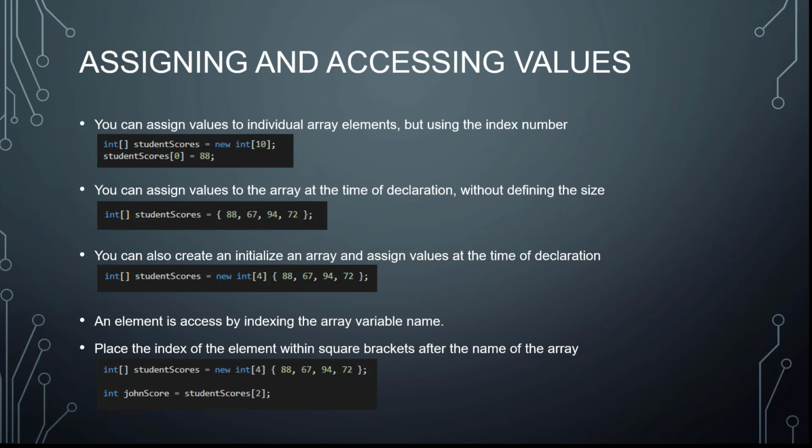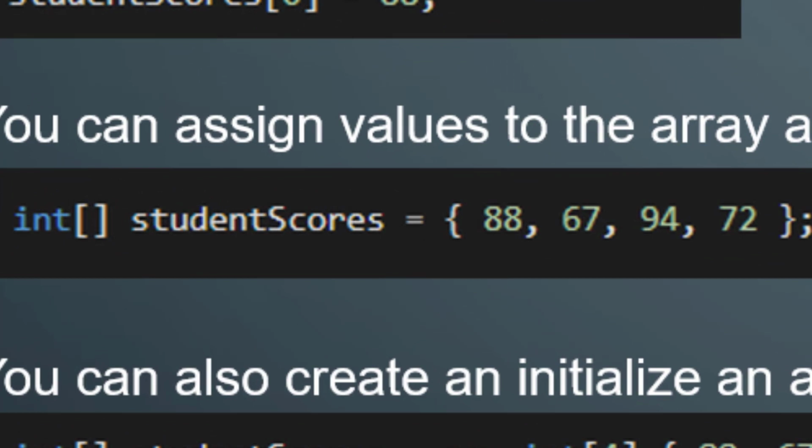Now, at the time that you declare a variable, you can also assign values directly to the array without having to define the array size or rank. Now, you can do that, and here's the example of how you do that. And this is if you happen to know what the values are that you want in the array, you can declare your array of type integer, open bracket, close bracket. We'll still call it student scores. And we will assign to it